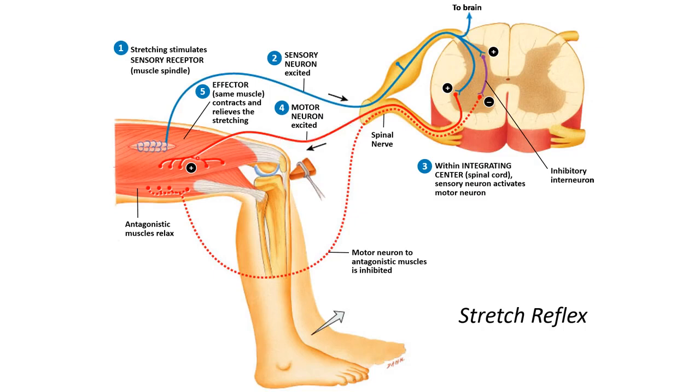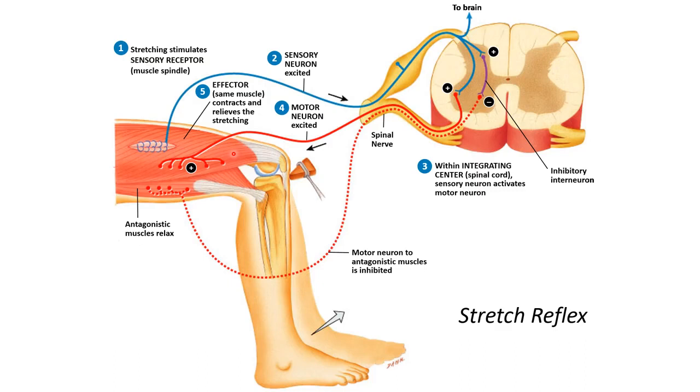Okay, so when everything is working properly, if there's no problem with the lower motor neuron, there's no problem with the upper motor neuron. And remember that the descending pathway that would be coming down would be a motor pathway, and it would be the upper motor neuron. Okay, so if everything is working well, then we have a nice controlled deep tendon reflex